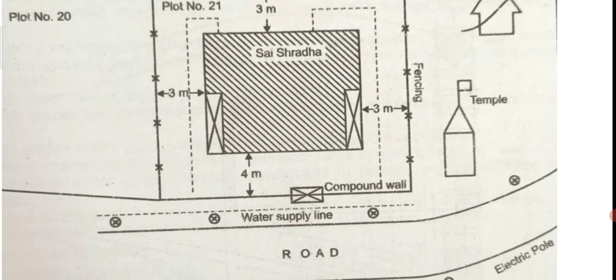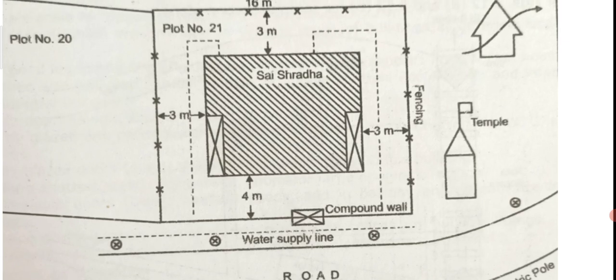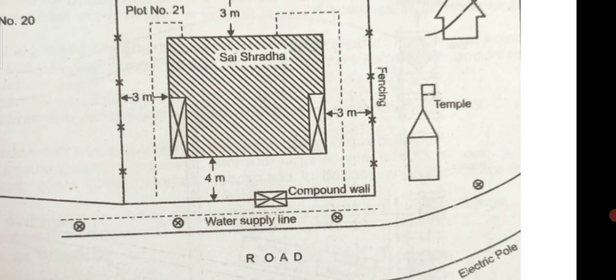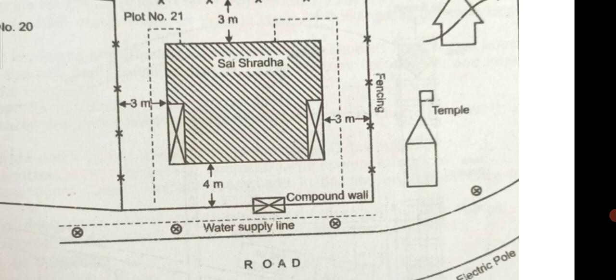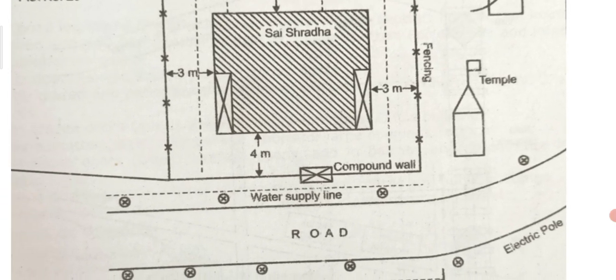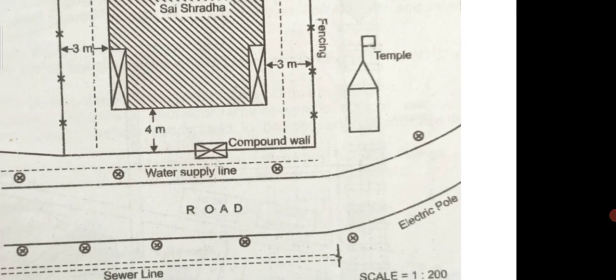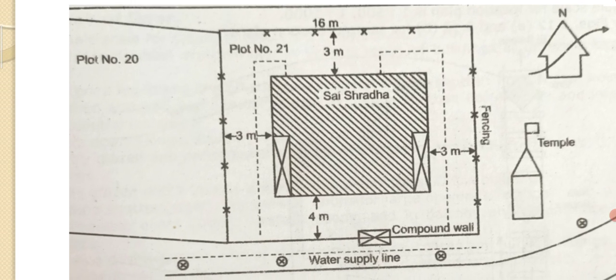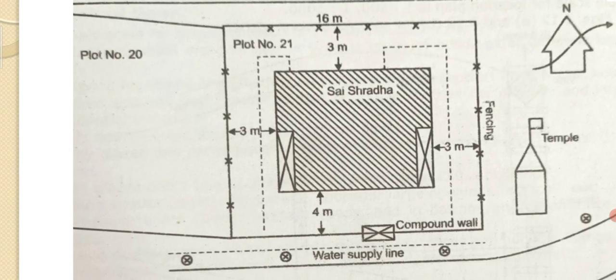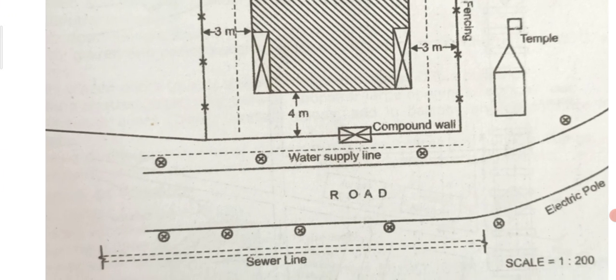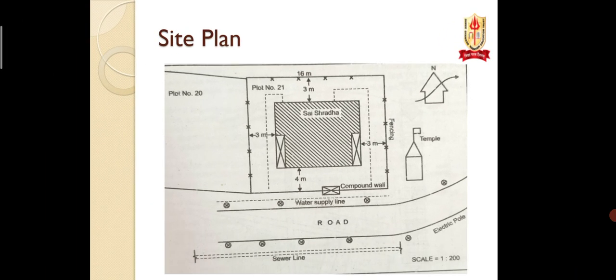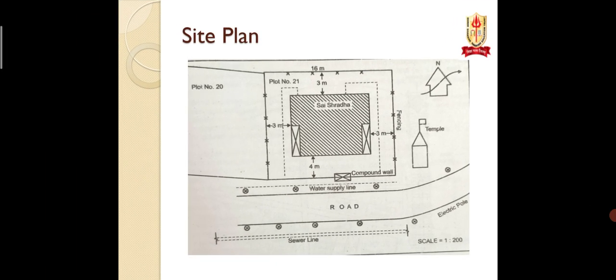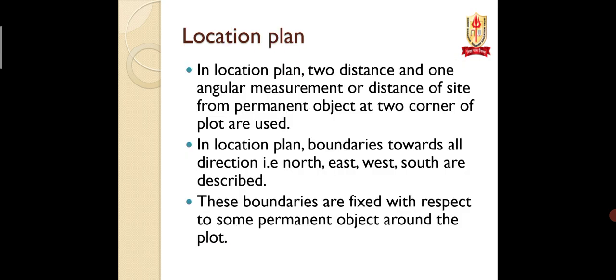This is a pipe which is going through it. In front there is our road. So even the water pipeline supply line we have to show, even the manhole we have to show, even the sewage line we have to show, even we have to mention at which scale we have drawn it, even we have to draw the fences or the compound wall, the main gate, etc. And if you see this, this is known as a site plan, which shows in detail about our site.